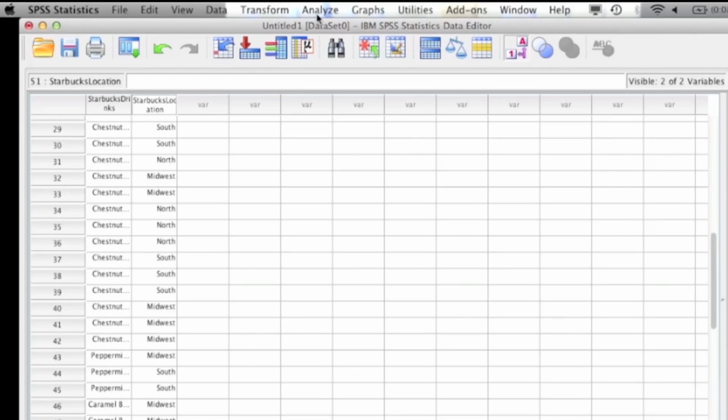Specifically, we're expecting 30% of the Starbucks customers to order the chestnut praline latte, 40% of the customers to order the peppermint mocha, and 30% of the customers to order the caramel brulee latte. Also, just as a side note, this data is completely fake, so it does not actually reflect the purchasing habits